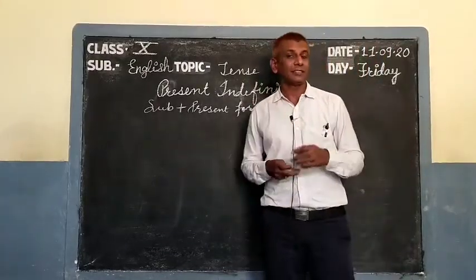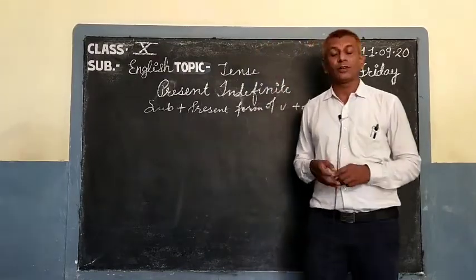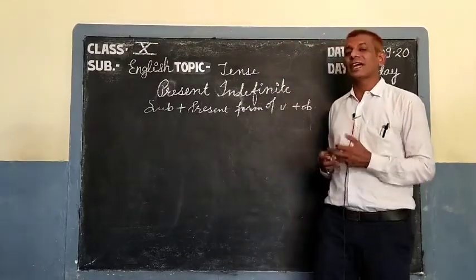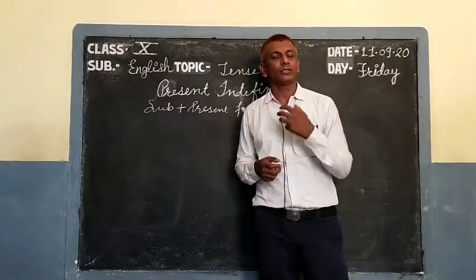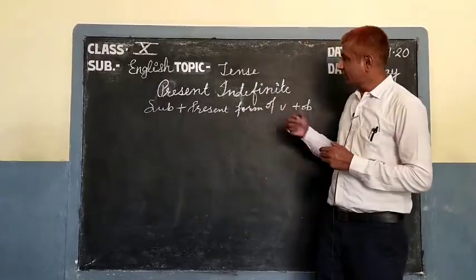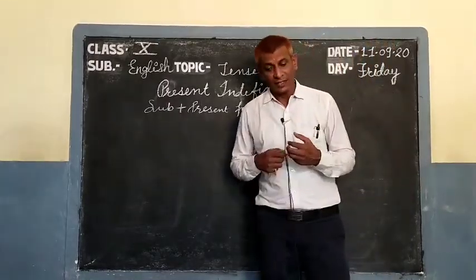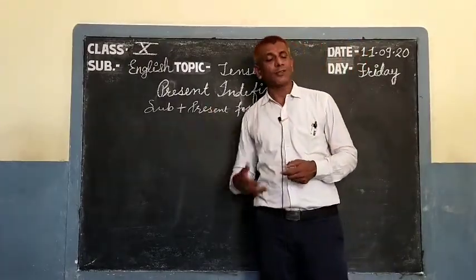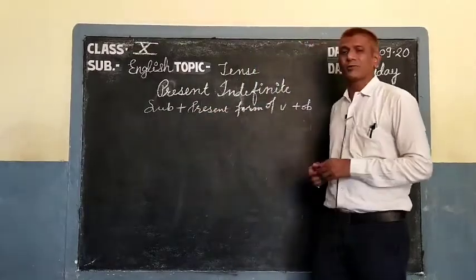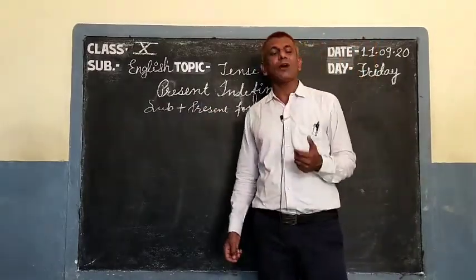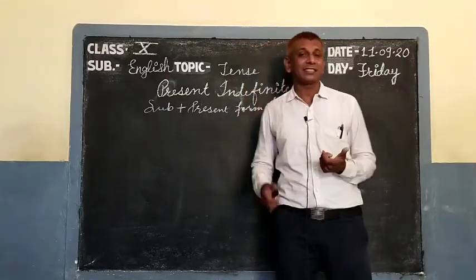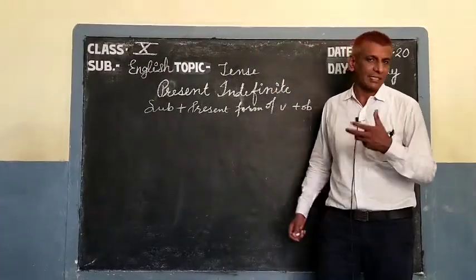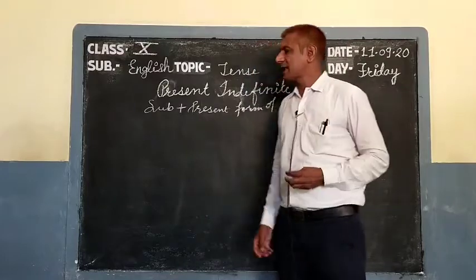And I told you in present indefinite we use the finite verb, that is the present form of the verb. Basically, in the present form we have a fixed set of 9 verbs, and only those 9 verbs are used for the present indefinite tense. The rest we use in present continuous, present perfect or perfect continuous. Today, with the help of exercises, I'm going to explain how we identify the tense in the sentence and how we fill in the verbs as you are given in examinations. So let's start with the examples.